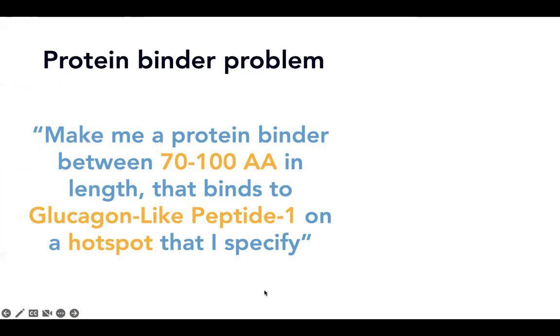So here's an example problem that I have here to make a protein binder. And I think that it's quite a common one, just to highlight what you would be able to do, what you'd be thinking. So make me a protein binder between 70 to 100 amino acids in length. And I want it to bind to the glucagon-like peptide 1 on a specific hotspot on this peptide